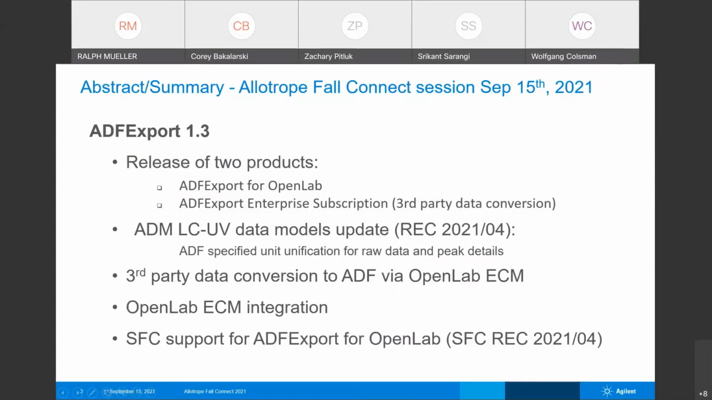So what we are achieving with the ADF Export 1.3, we released these two products, where the ADF Export Enterprise subscription brings in a third-party data conversion. I will come to this later on in detail. We do apply the ADM LCUV data model update with both of these products. So the recommended candidate